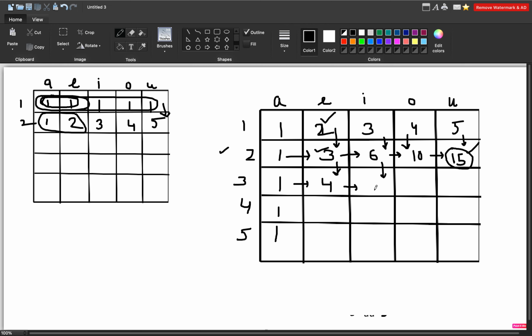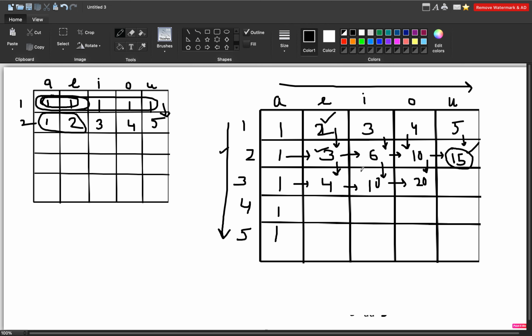So yes, from here the answer will be 10, 20 and so on. But now it depends on the total number of n we are having. Like if n goes up till 5, the complexity will be 5 into this 5. In the worst case, the time complexity will be O of n only, because this is O of n into 5. So yes, that is it, and the space complexity is also this array only.